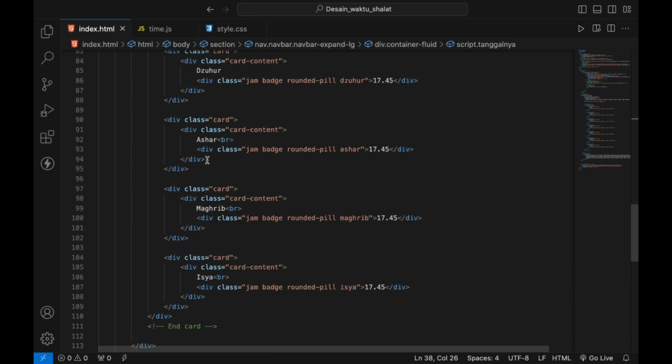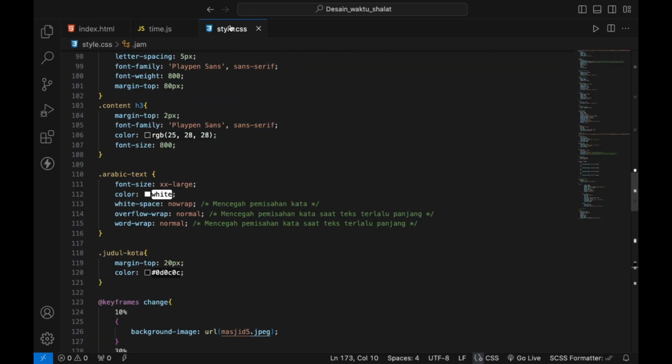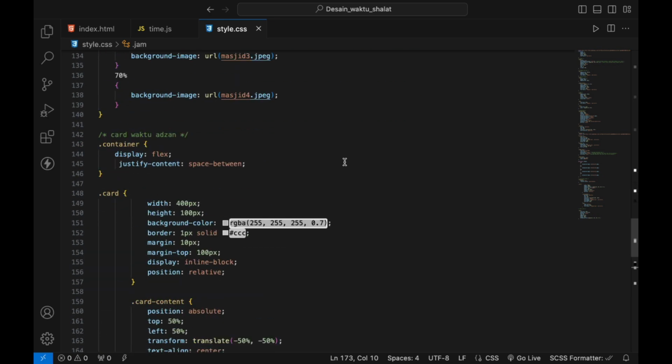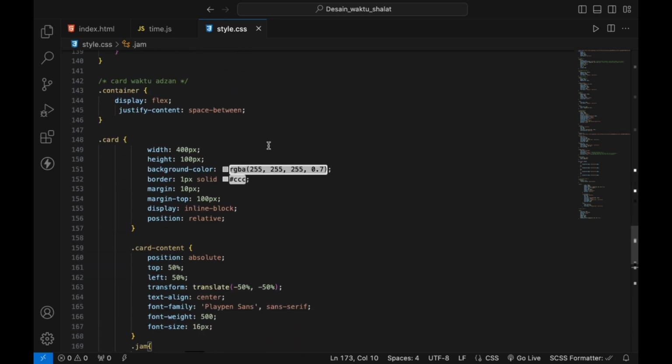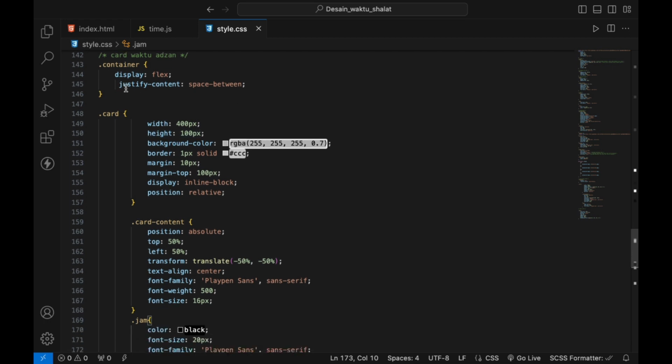And then in style.css, I call this container with display flex, justify content space-between, and for the card, width 400px, height 100px, background color this, border 1px solid, margin 10px, and margin top 100px, display inline-block, position relative.